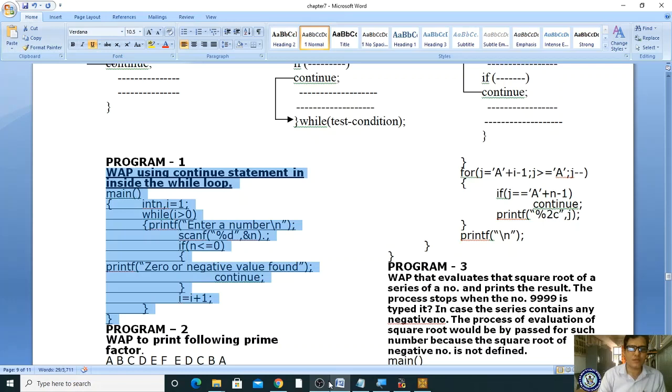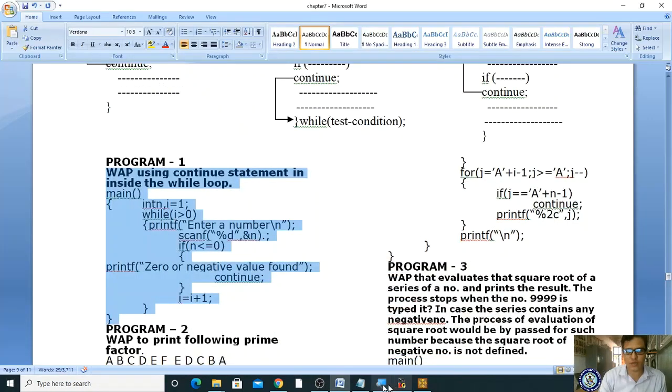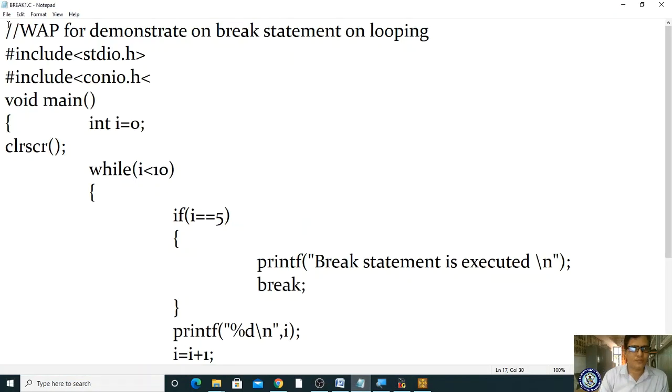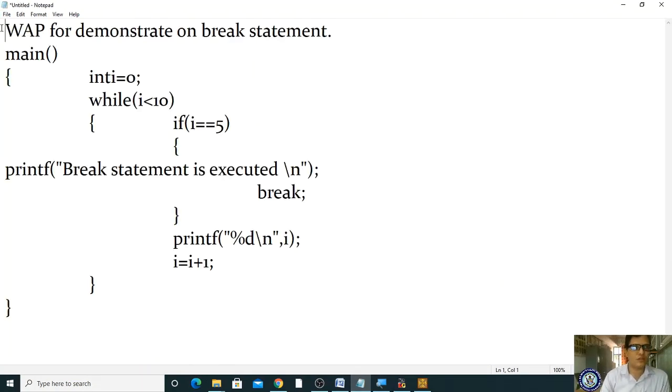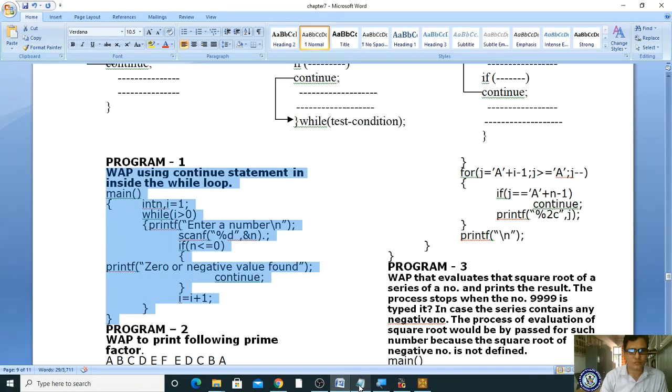Yes, let me see this program. We will see what actually we are doing. Okay, I'm taking a new file, I'm pasting. So this is the demonstration of break and continue. Not copied. Let me copy first.